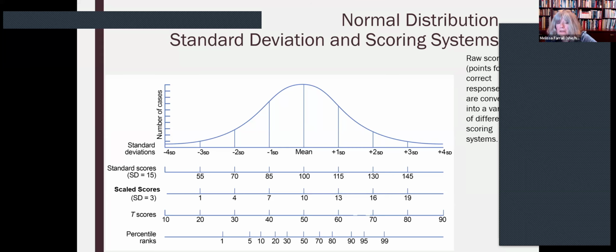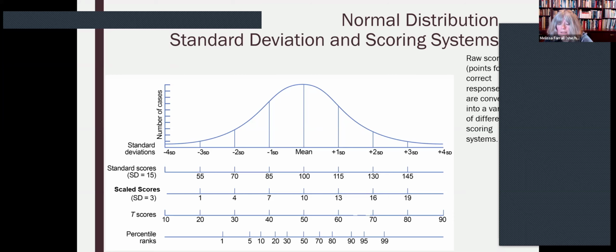Scaled scores, another popular scoring system. That mean is 10. Standard deviation is 3. Anything between 7 and 13 captures that middle 2/3 of the population, what we sometimes call the average range, and we're going to get to that. And for the sake of time, because I want to make sure we get to the good stuff today,